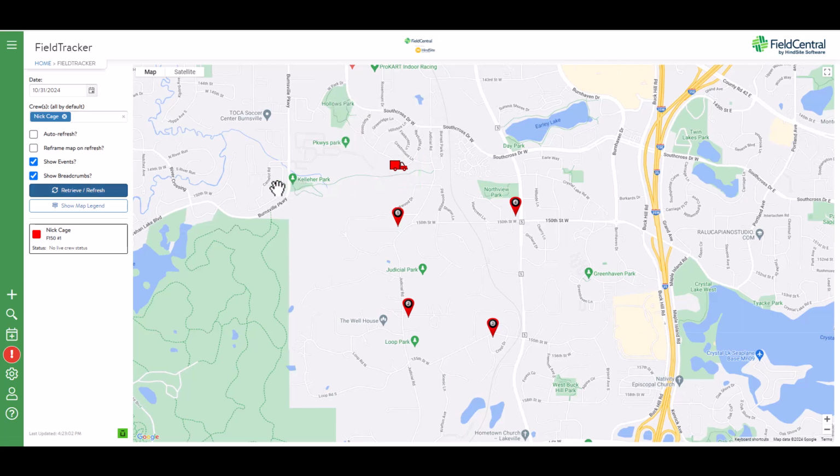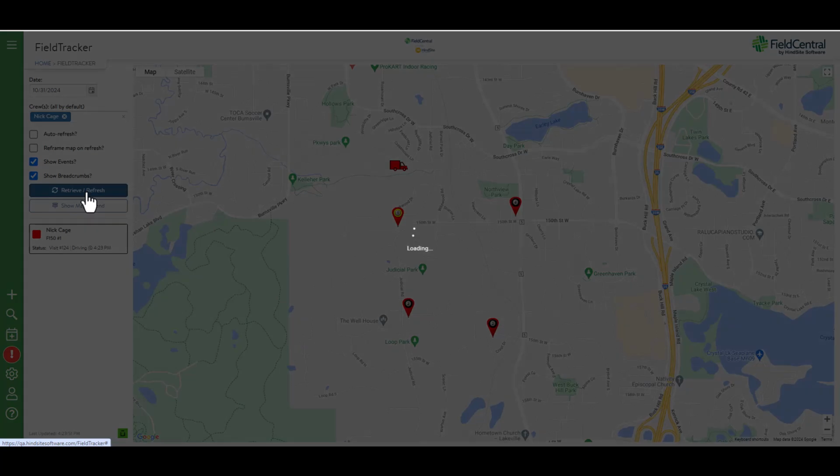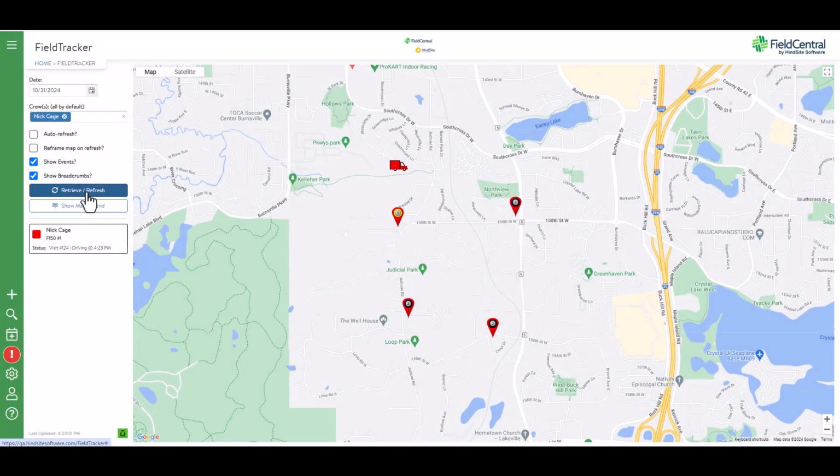When the crew interacts with the first visit within their field app to signal that they are driving to the first visit, the admin user will see the status update on the left-hand panel and the inner color of the visit pin update based on the map legend. Once the crew has timed into the visit, the status will again update in addition to the pin's inner color. The user will also be able to see the breadcrumb path that the crew took to arrive to the visit.